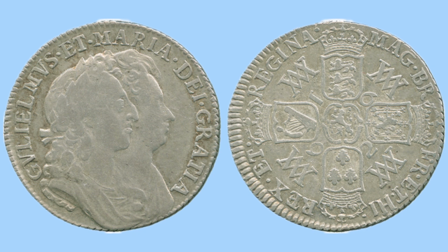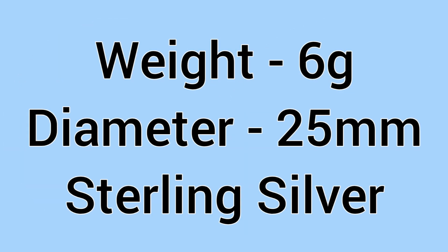Here is a lovely design, as issued by William and Mary, a double portrait to the obverse, 4 crowned shields around William III's Lion of Orange, with a date to the centre there, and interlocked W's and M's for William and Mary, creating a very busy, but very symmetrical, and just very lovely, in my opinion, design for the William and Mary shilling. A lovely coin indeed. And these shillings weigh the same and have the same diameter and composition as the previous